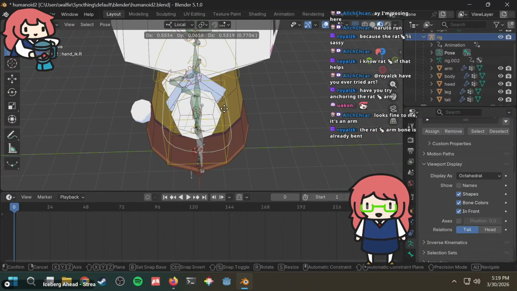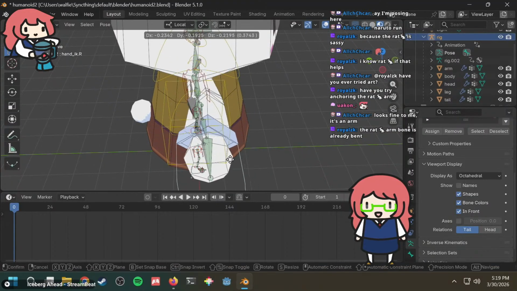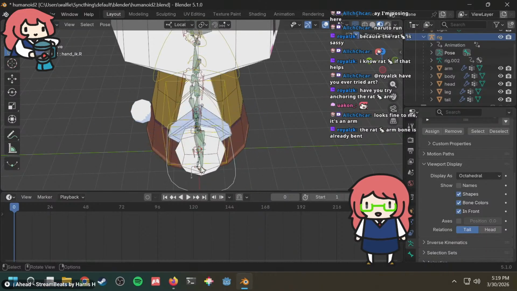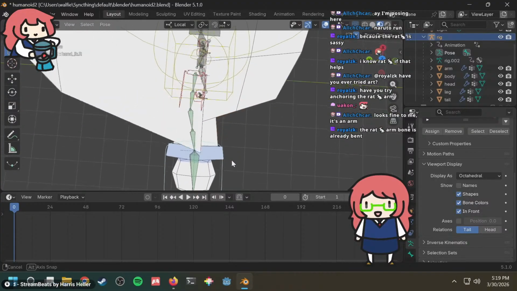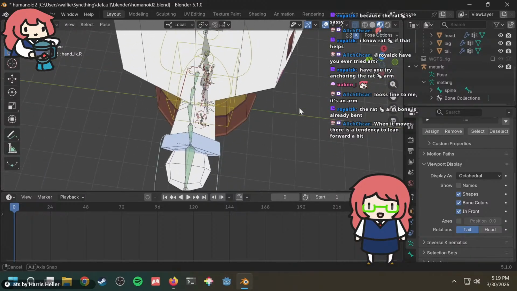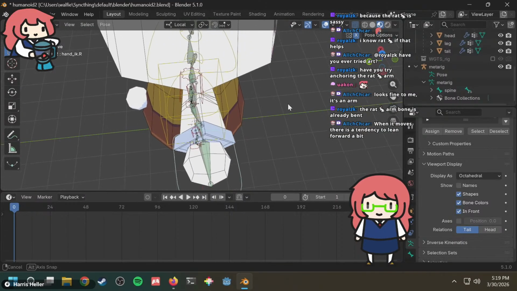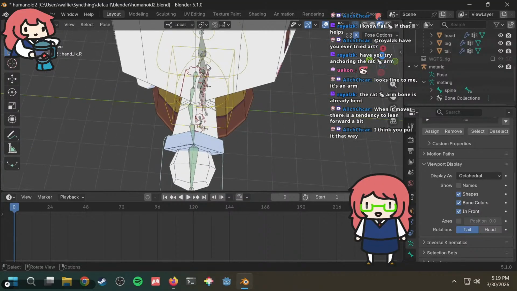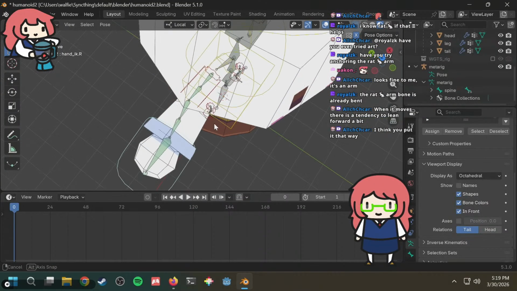And yet it's different. It really makes you wonder why. Who determined the angle of this arm? When it moves, there's a tendency to lean forward a bit, but I think this is leaning backwards, because it's pointed back this way.